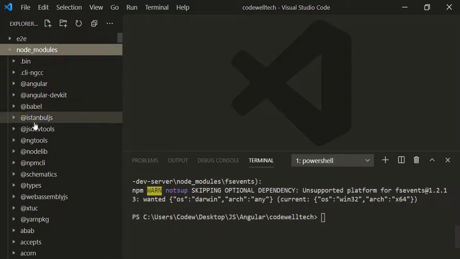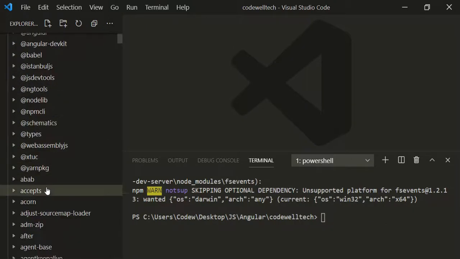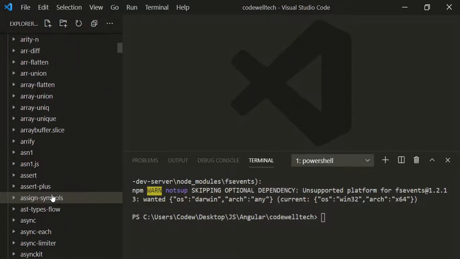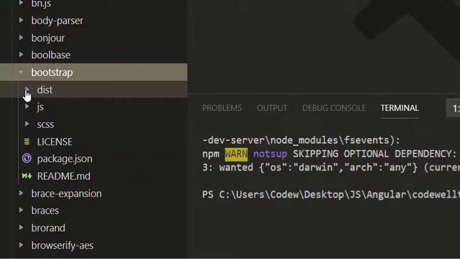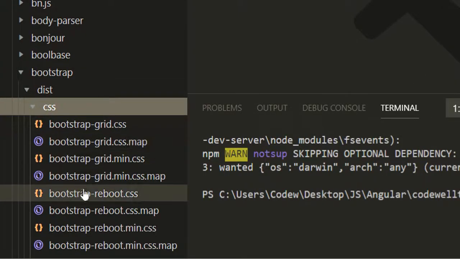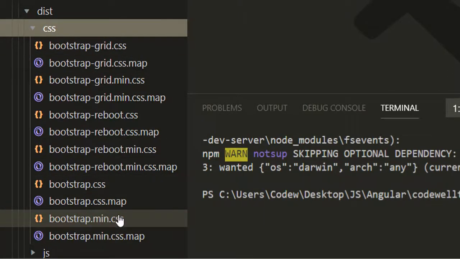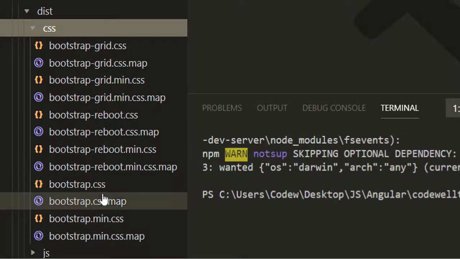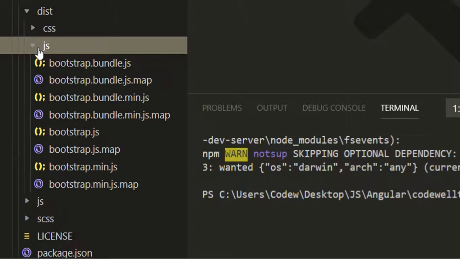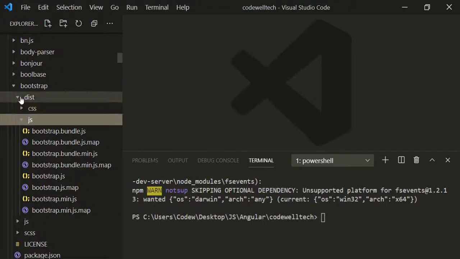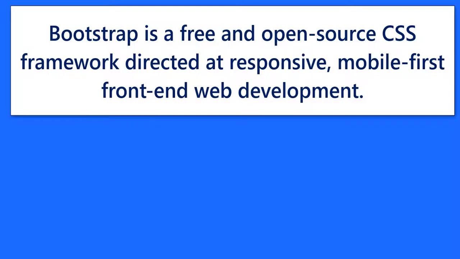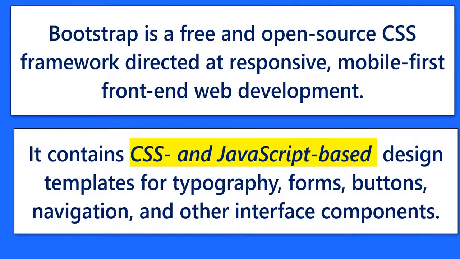So you can see that same thing. Go to node_modules, and under the node_modules you can see the folder bootstrap, and under the bootstrap you can see the dist folder. Under the css you can see bootstrap.min.css, which will have all the CSS classes, and this is the minified version. You can see the normal version also, bootstrap.css, and in the same way we have some of the classes like bootstrap-grid.css. And under the js folder you can see bootstrap.min.js, and we know that Bootstrap is a CSS framework library that comes with a lot of CSS classes, and it also uses JavaScript. That's why you have the bootstrap.min.js file.